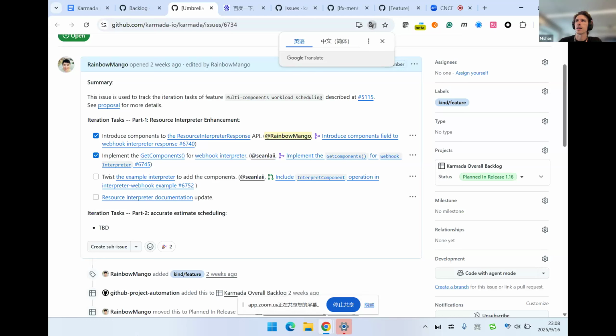But perhaps an easy fix would be calling get replicas for the CRD if it doesn't exist in the resource binding. But I think you have the interpret component operation already published, so I'll just wait for that change.